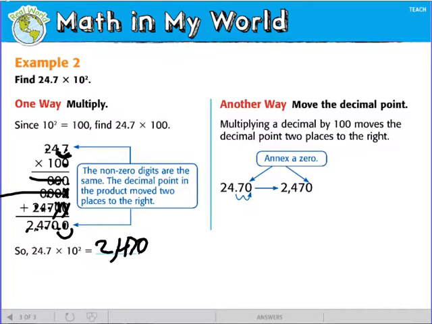Okay? Now, this is what you call annexing the zero. Annex a zero. Alright? So because there's 2 zeros, I'm just going to move the decimal 2 places to the right. When I do that, I annex a 0. I add a 0. Remember, if I have a decimal,